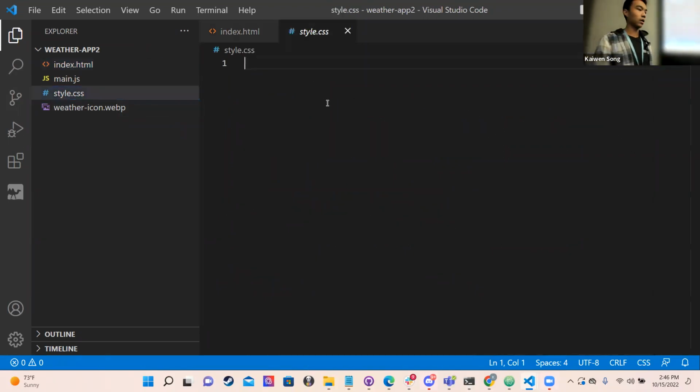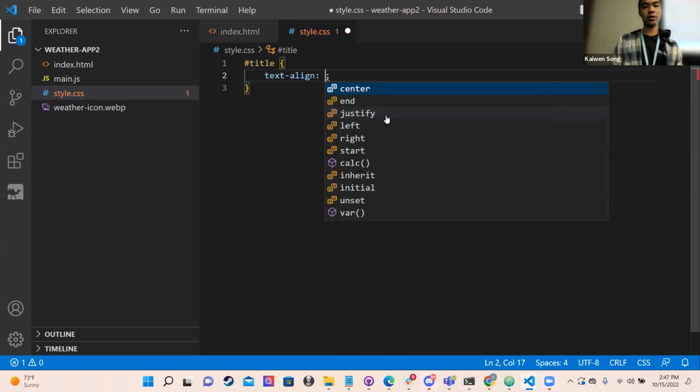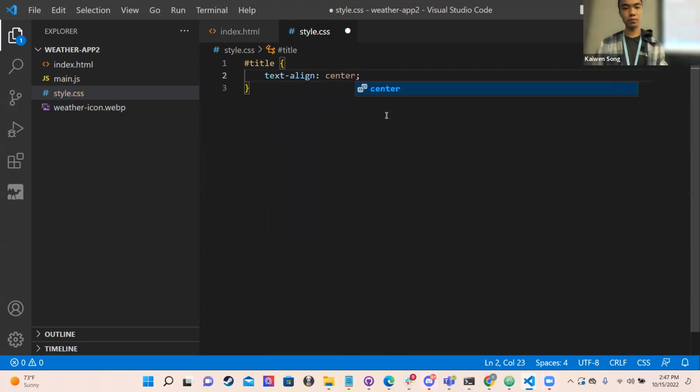In our CSS file, this is where we, again, style the elements. The first thing I want to do is center everything. To center the header, I want to target the header tag, which I gave the ID of title. So this is where we would use our ID. We use the hashtag notation and then the ID name, so hashtag title. Then you give it an open close bracket, and inside of it, you define the attributes for that ID. In this case, I want to use a text-align attribute, and I want to set it to center, like so. And once you assign this and you refresh the page,